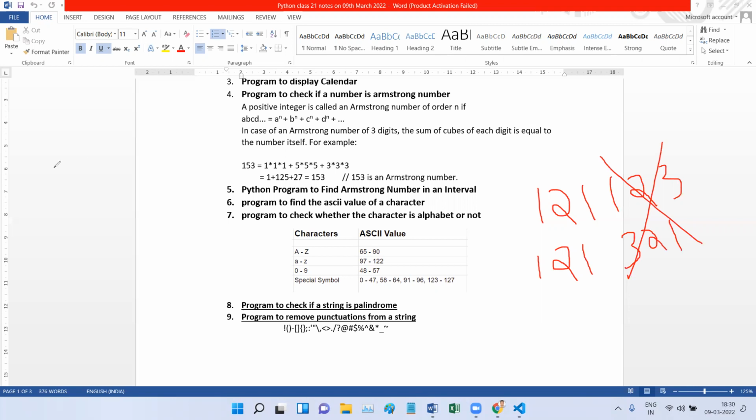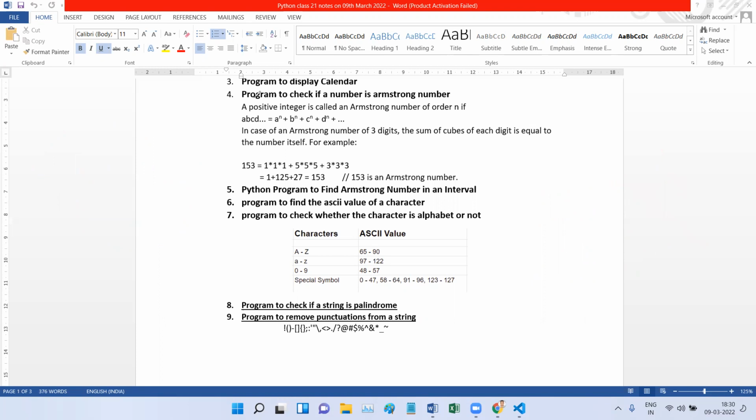Like palindrome numbers, we also have palindrome strings. I don't have many examples, but the most popular I know is Malayalam. Just go through this Malayalam and read it from the last. It will sound the same, even if you read from the beginning or from the reverse. This is what is called a palindrome string. Now we are going to write a program that takes a string as input and checks whether it is a palindrome or not. If you know any other palindrome strings, please mention them, so that everyone's vocabulary will be enriched.